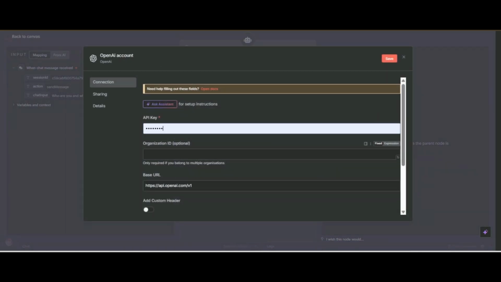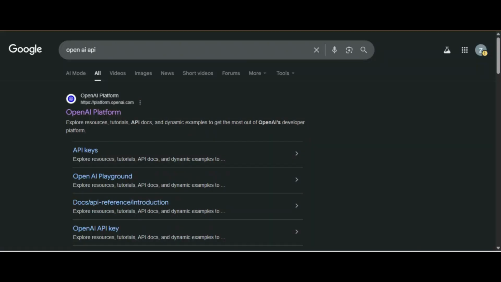You can see different things, but with the OpenAI connection, it is a good thing that we only need to put in the API key. So where can you get your API key? Go to Google and search OpenAI API key and click on this, and log in.